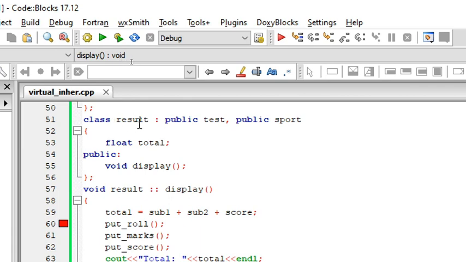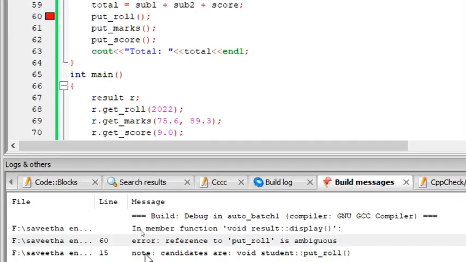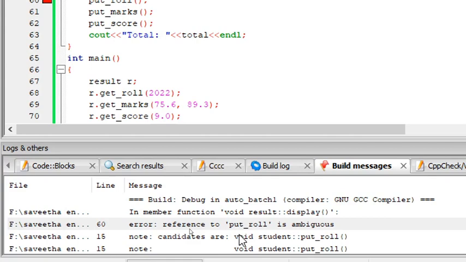When a derived class is trying to access a base class's function, it passes an error. Exactly, put underscore roll. Let's see what it says. Put underscore roll is ambiguous. Like I said earlier, there's confusion whether it should be taken through test or through sport.